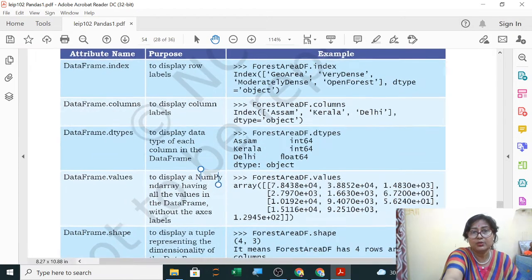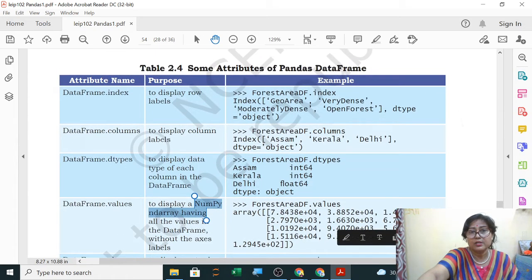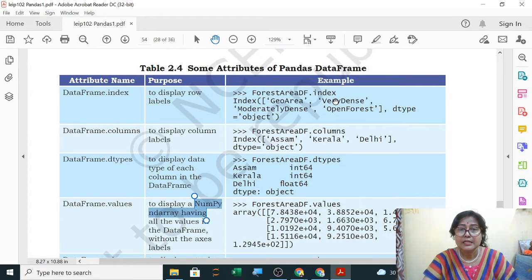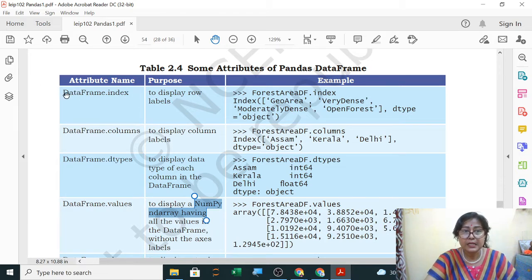Now I am showing you this. This one is important, so you mark it. Some attributes of a pandas data frame. The attribute name is data frame name dot index, df.index, to display row labels.